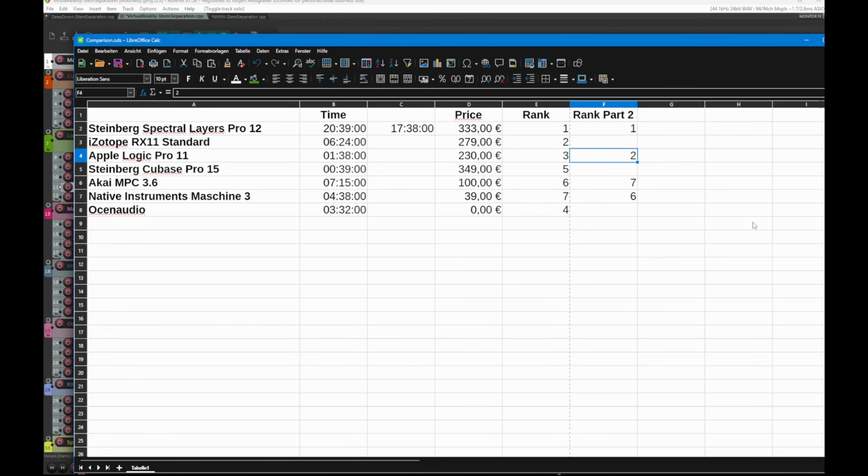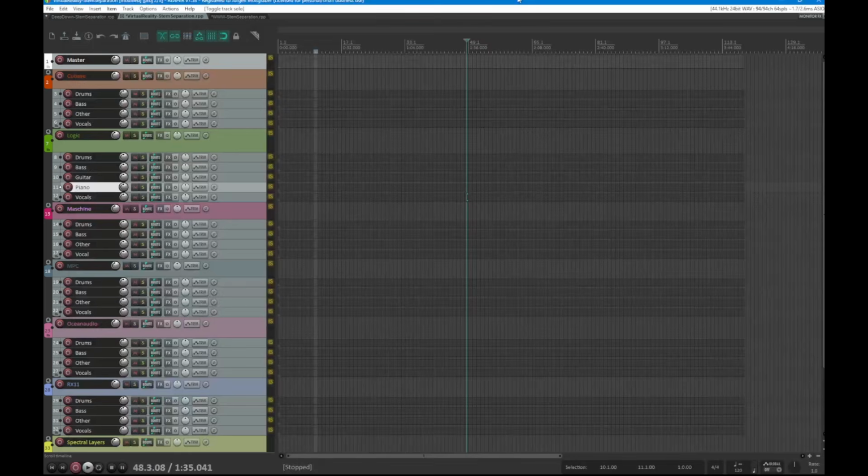I think Ocenaudio sounds a bit rougher, but it's separated really nicely. So 3, 4, or maybe it could be the other way around, and then Steinberg. So a bit different this time. And yeah, so let's go to the next example, which is now a power ballad, but also with some electronic